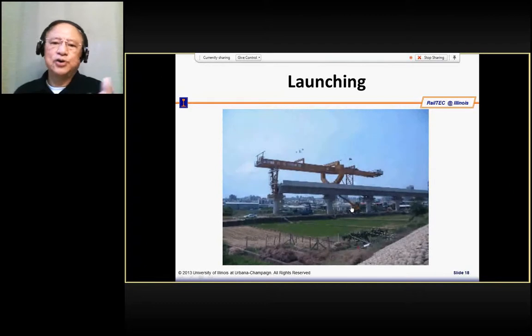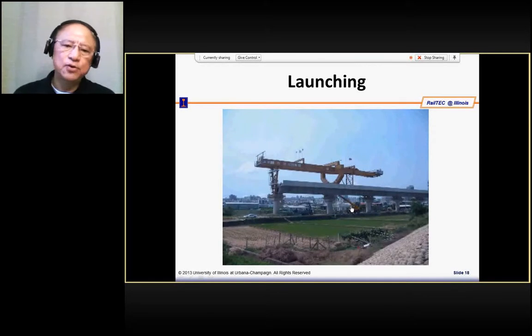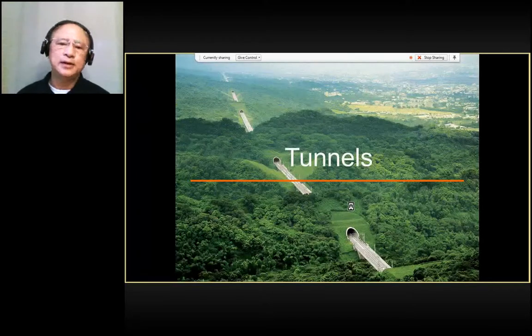Okay, so again, this is another way of launching a girder, and this is very often used in the construction of the viaducts in the high-speed rail system. Then another structure would be the tunnels. The civil structure constructed for this will be the tunnels, and the construction of the tunnel is not that much different from other tunnels. The major difference being